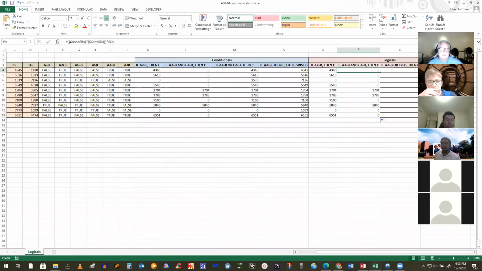That says A is less than B times C is less than D. What's going on here? If that's true and that's true, that's 1 times 1 equals 1. If either of them are false, it's 0. 0 times 1 is 0, and if they're both false, it's 0 times 0 is 0. So the only condition that could fire would be if they're both true. If they fired, they're both 1. 1 times C4 is C4. It's the true part of the if statement.